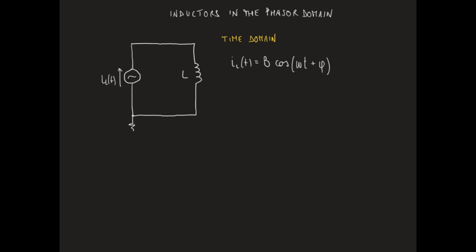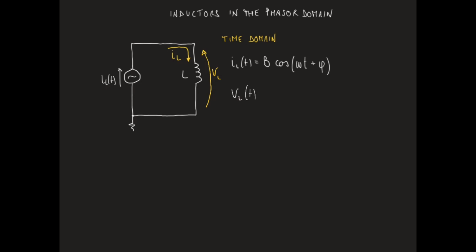It should be clear that this current IL is also the current flowing through the inductor L. The voltage VL across the inductor, according to the differential relationship between current and voltage in an inductor, will be given by